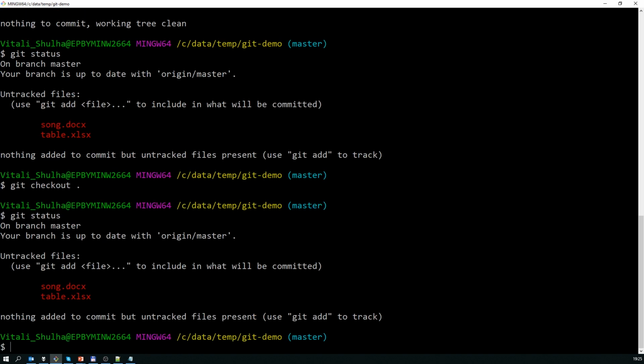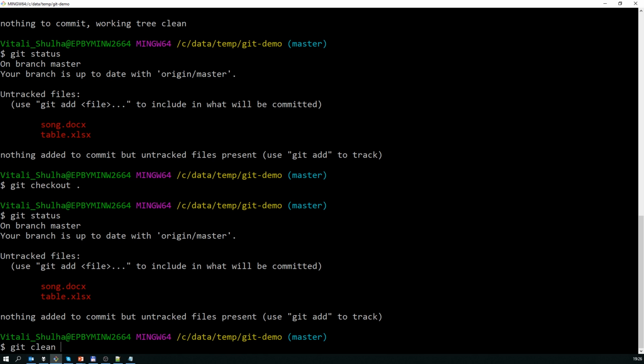Nothing happened. Why can't Git roll them back? Because they don't have a version. These files are new, they weren't committed before. They don't have any previous versions and Git doesn't know anything about them. There are no history records regarding these files, so they can be removed using the command git clean,